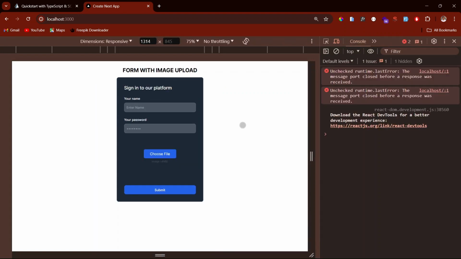For those who follow my videos, you remember this application we made, the forms with the image upload using the upload thing. So here we have the data which is already generated, and if I just go back here in the app